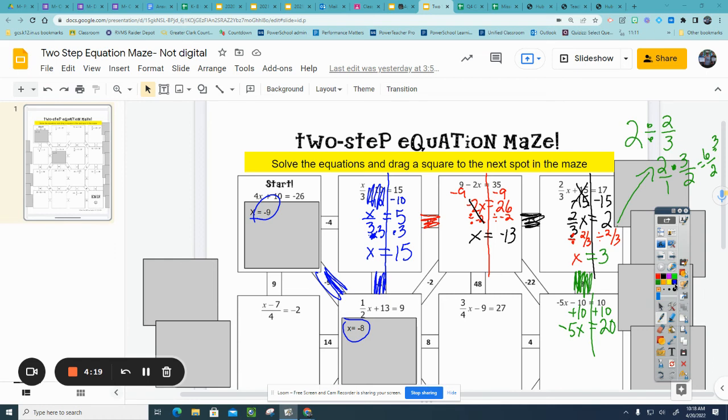What is the opposite of -5 times x? Divided by -5. So this side, you're left with x equals 20 divided by -5 is -4. Okay, and